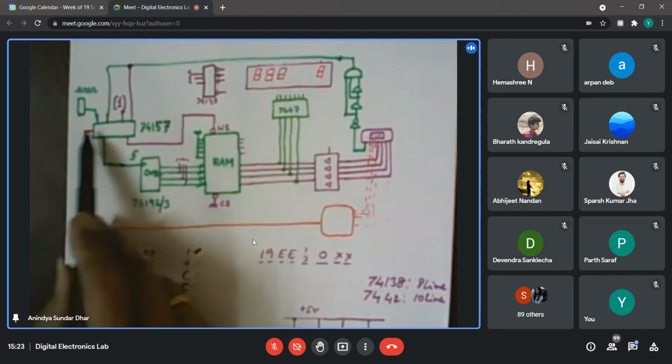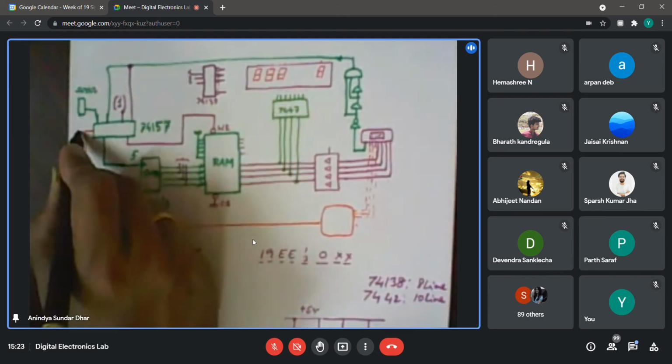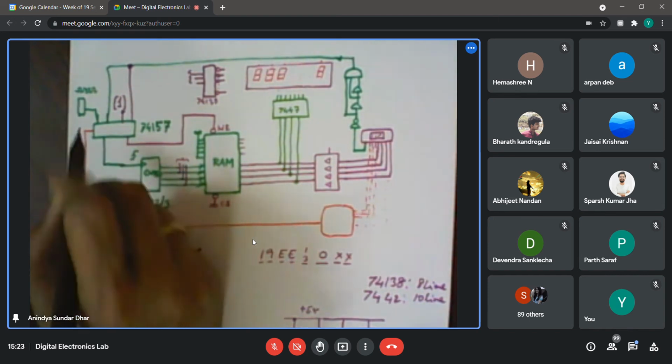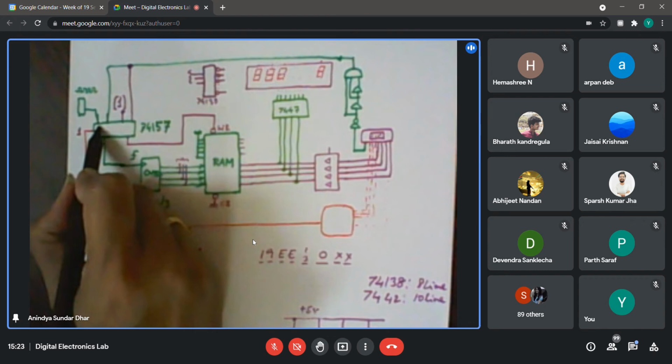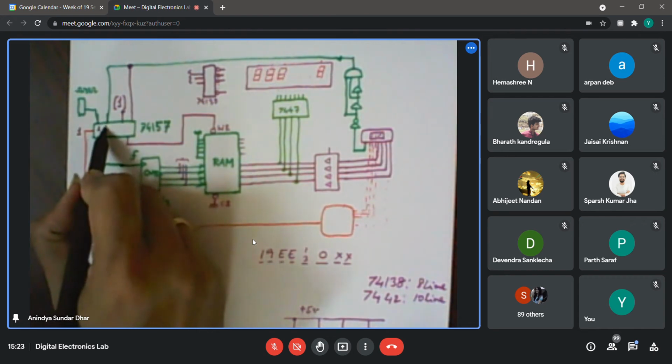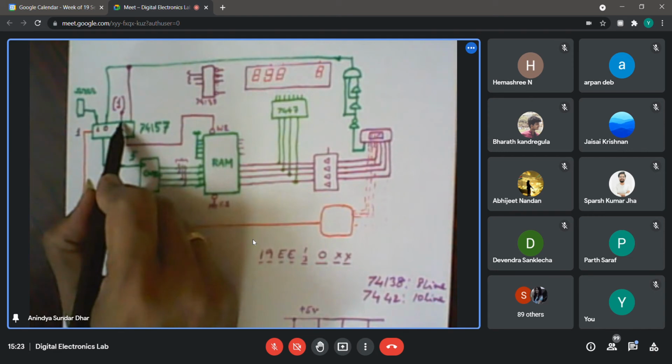Okay. So in display mode, which one? Suppose the backslash means this line I'm taking active high, so it will go high. So out of these two sources, which one will it now choose for the clock source? The clock. So this side I'm marking as 1, this side I'm marking as 0. For write enable, which one will it choose? The 1, logic high. Okay, this one is 1, this one is 0.